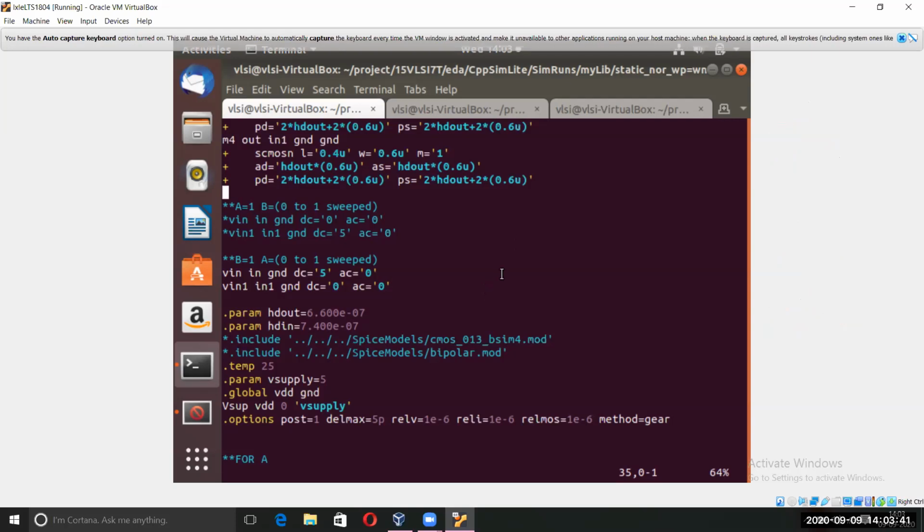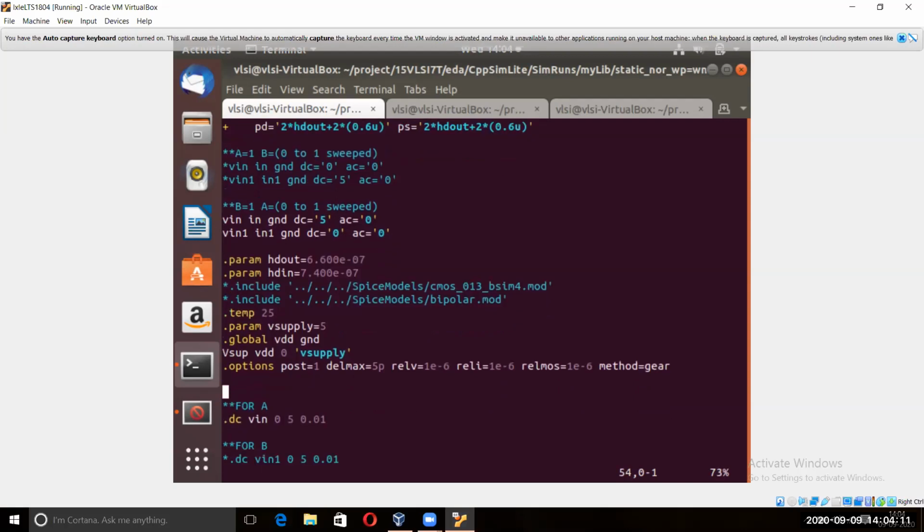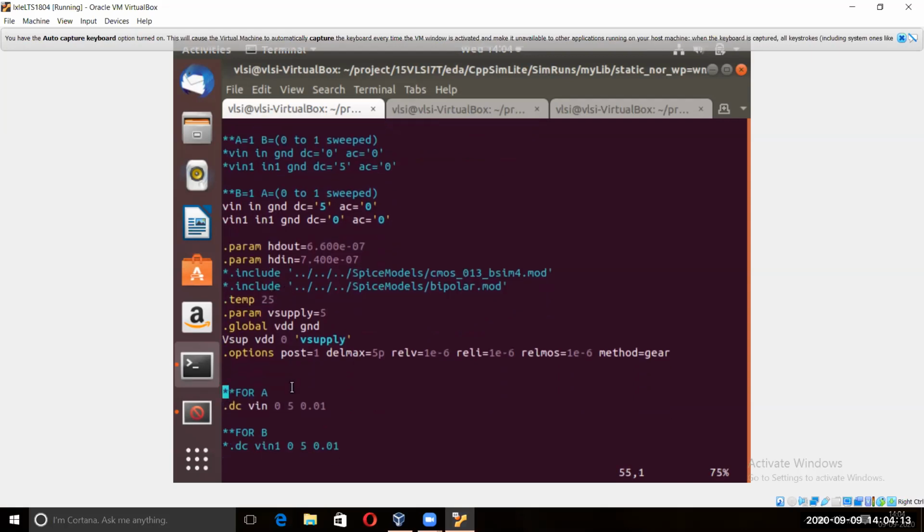So for the first case, let's see that we are keeping B at 1 and shifting A. I have commented out the rest, and another condition I have commented here. I have also commented out the 1.2 U bit, because first we are interested in 0.6, and now we are shifting A, keeping B at 1. Then you have to comment all this as usual. Then we are switching A.